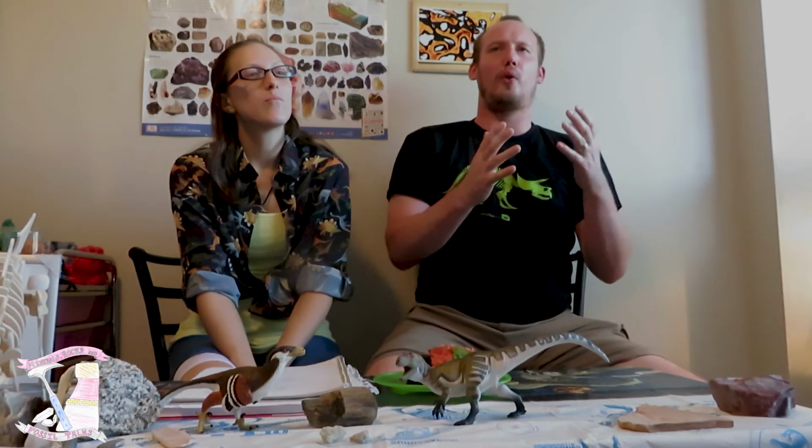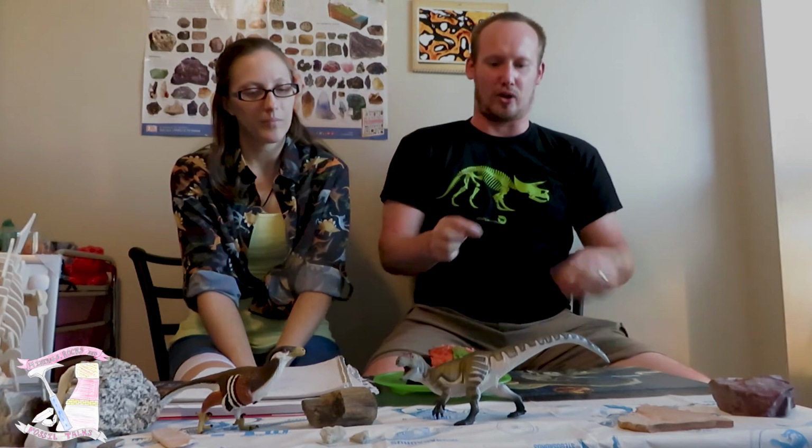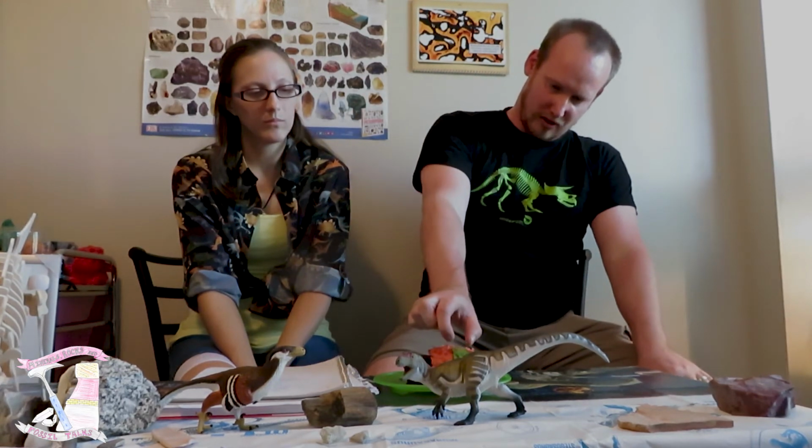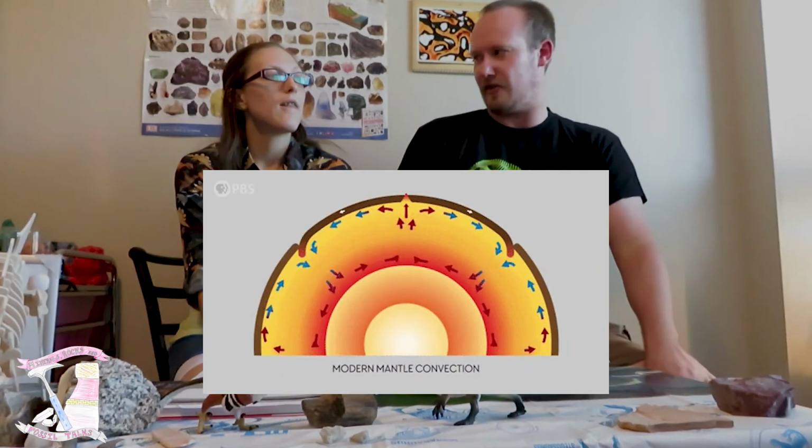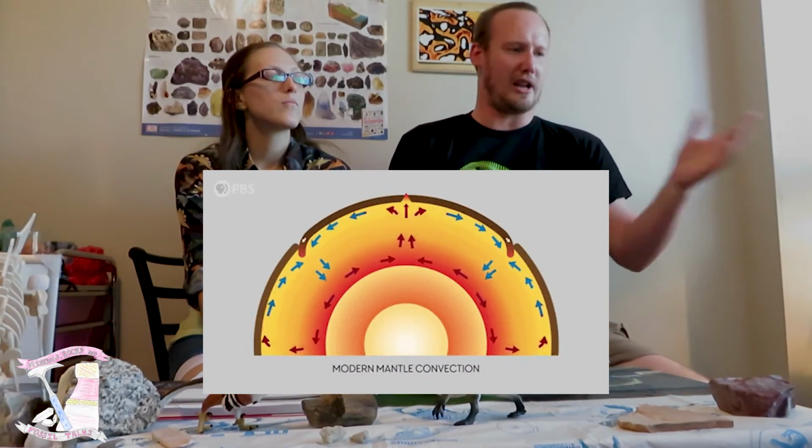All of that is flowing because the upper mantle, this part, is convection. There's convection of the heat going on in there, and that makes the mantle move, and that makes...